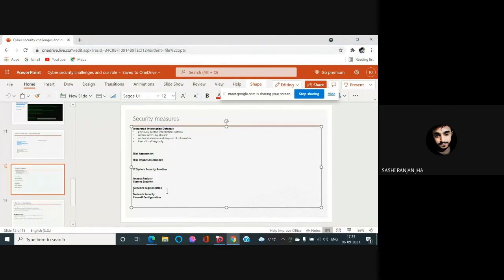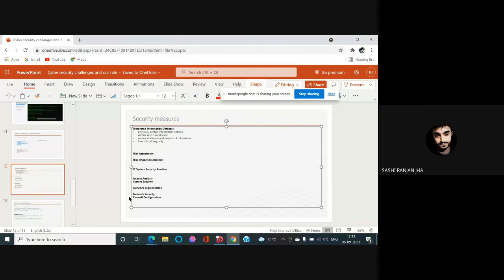Network segmentation is dividing your admin network, your HR network, and other systems that are using web servers, into different zones. Those are in a different DMZ zone, where no unauthorized access should happen. All those things come under network segmentation.